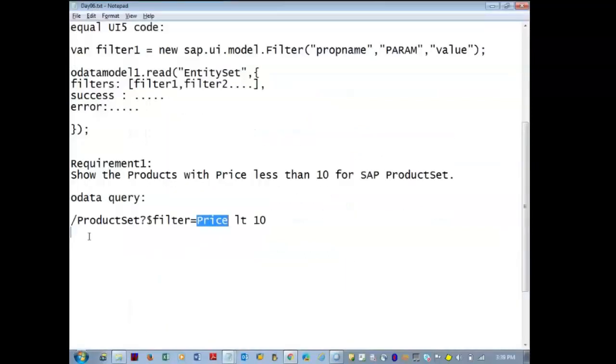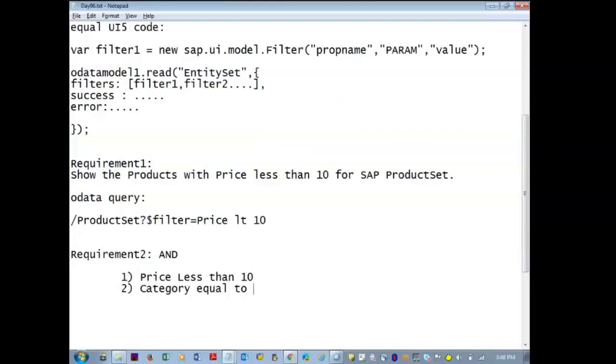So, next requirement 2: AND condition. Price less than 10 and category equal to notebooks.